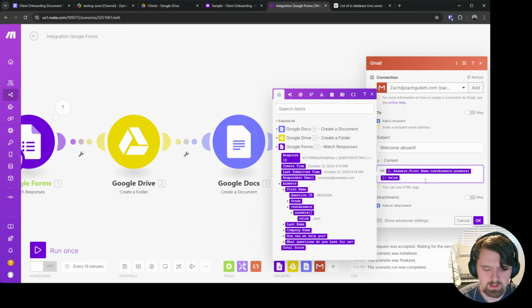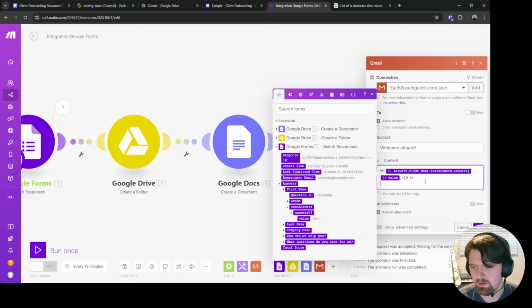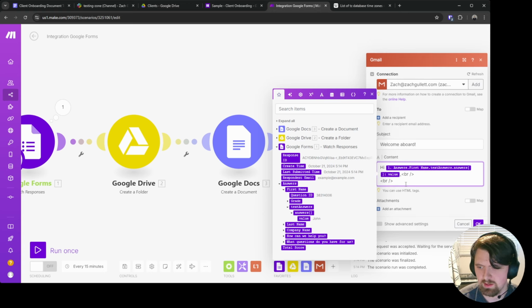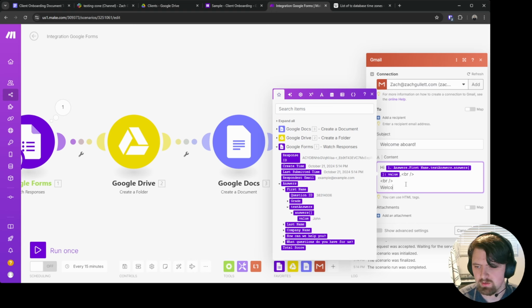Add a comma, and we're going to add in some line break HTML tags, just one right there. Well, actually, no, we're going to add in a second one. So this is saying go to the next line, and then I want a blank line right after this. So then we're going to skip the next line as well. And now we're going to type in